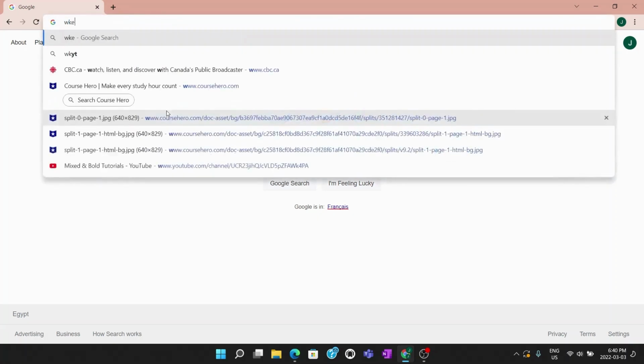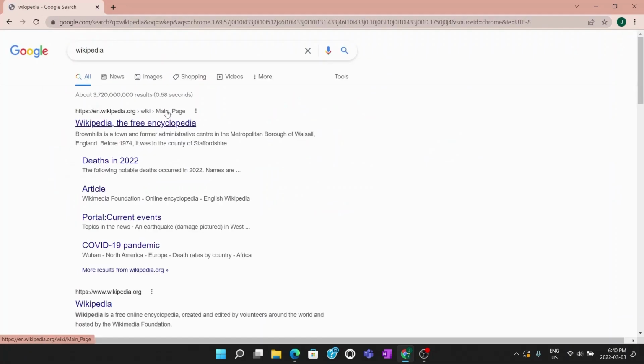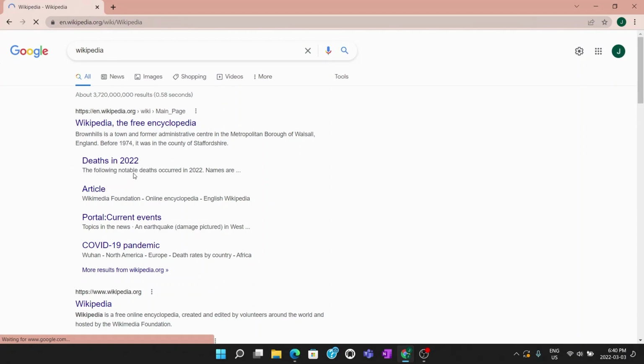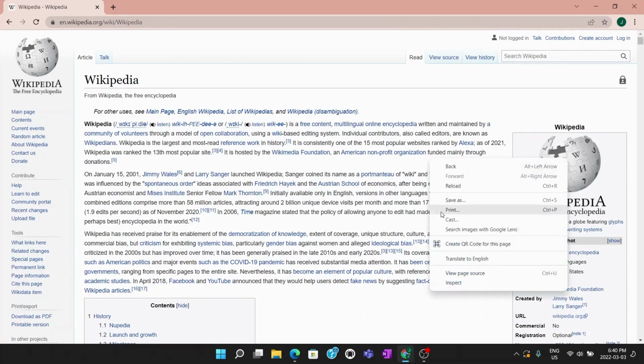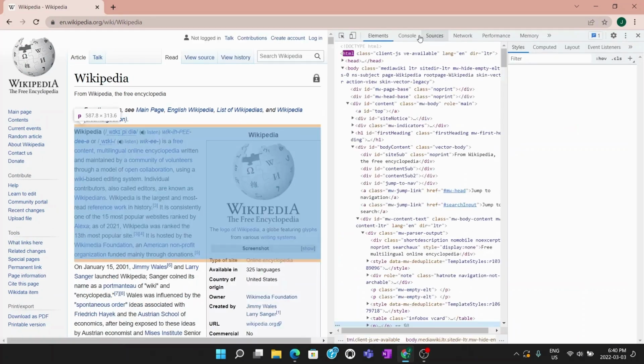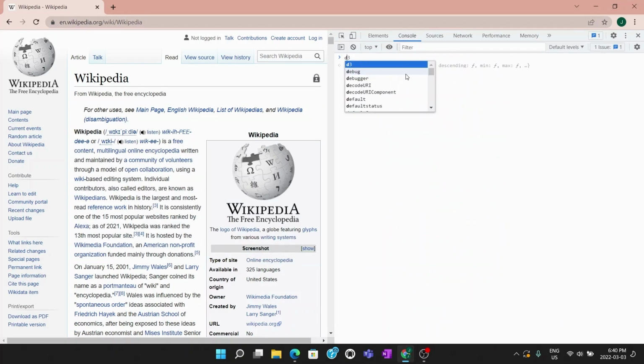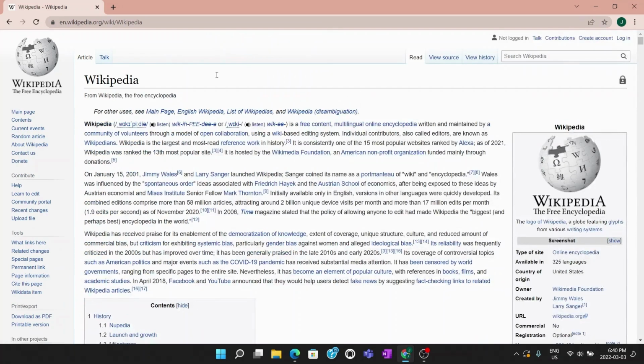Let's go open Wikipedia. All right. Let's see any article. Let's see recent articles about Wikipedia, or Wikipedia on Wikipedia. Didn't even know that existed. So same thing: Inspect, Console, document.designMode equals "on", enter. We can go ahead and close it, and we can enter